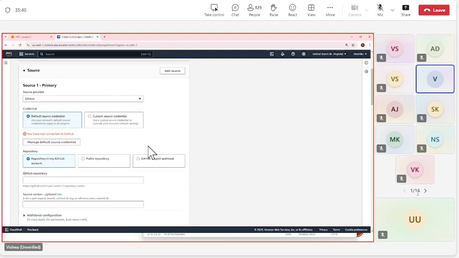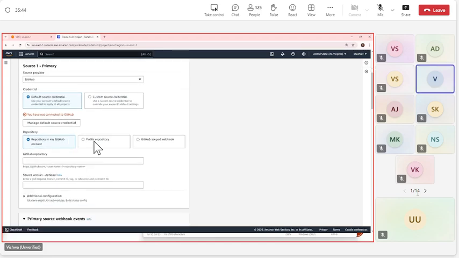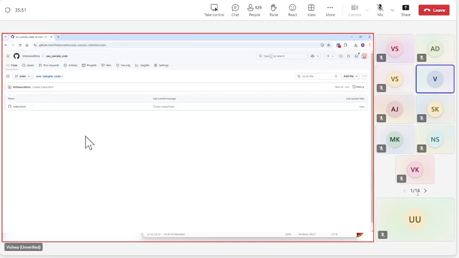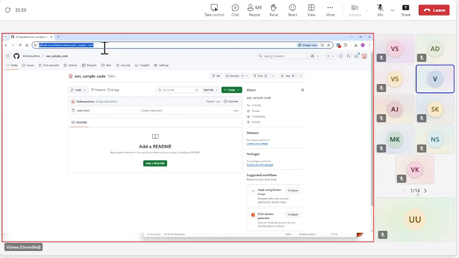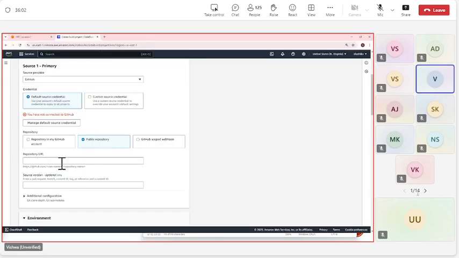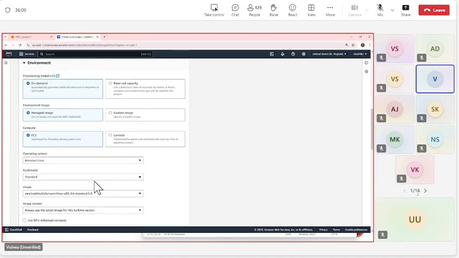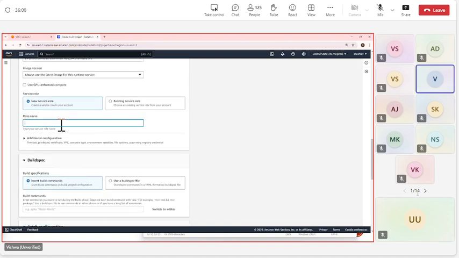So here, I could make that a public repository for my ease. I could keep it as private, but I can also make it public, which is much easier to handle. So the only thing which I have to do is pass this URL and then do the build. Role name is build one.